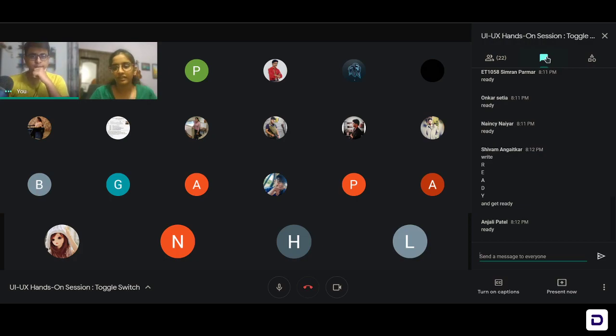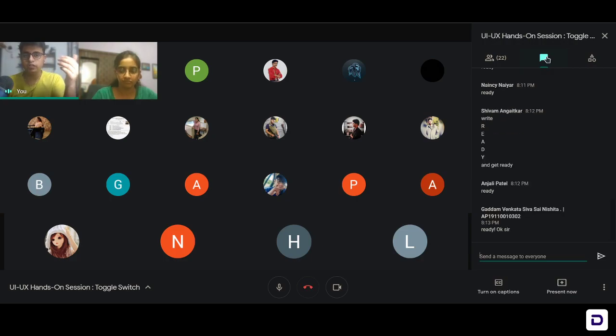And as always, this is a live session that we are having, so you can at any time interact with us. There's no restriction to anyone. You can even unmute and talk to the mentor who is teaching you, and ask your doubts. Towards the end of the session, we'll be dealing with all of your doubts collectively. But in between also, if you want the mentor to repeat something or you did not understand a point, you can ask the mentor to repeat the point and you will get it.